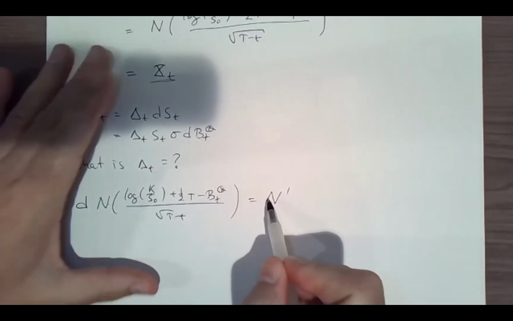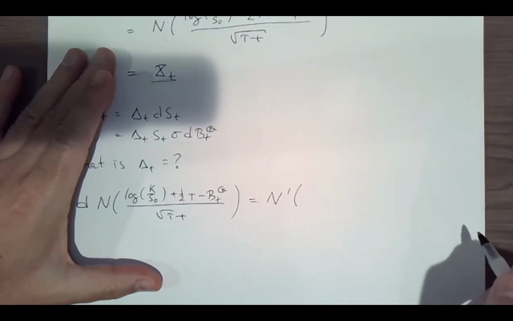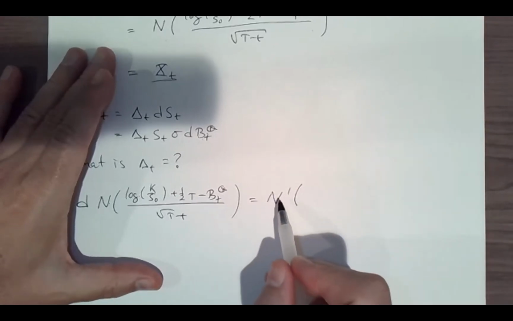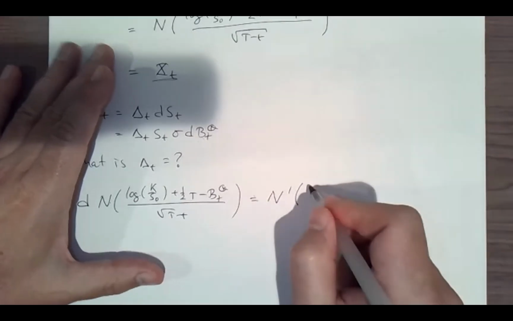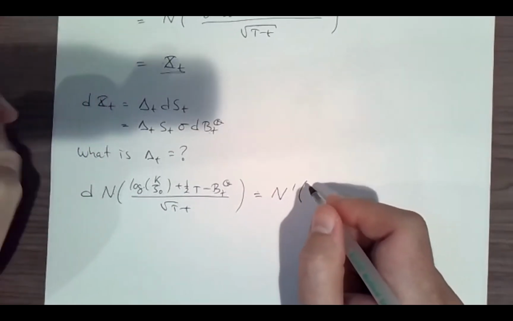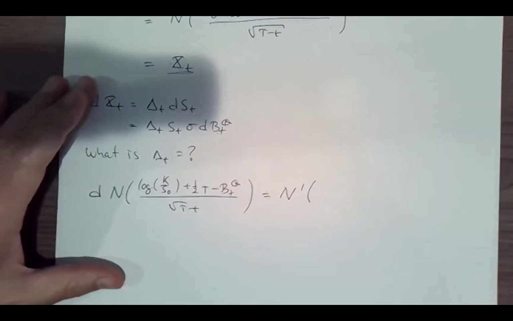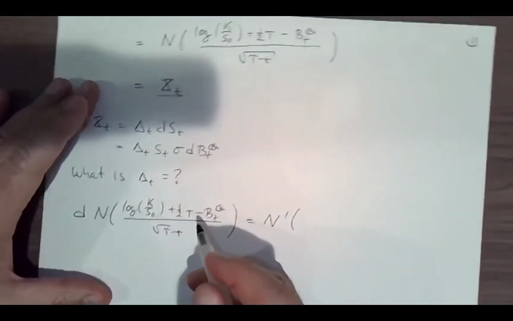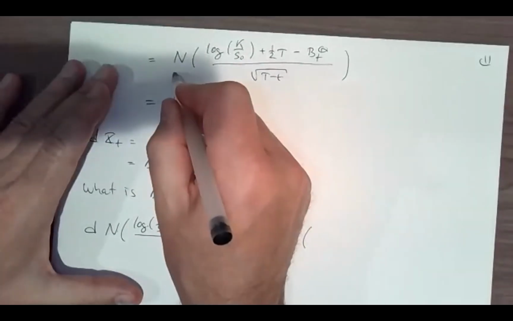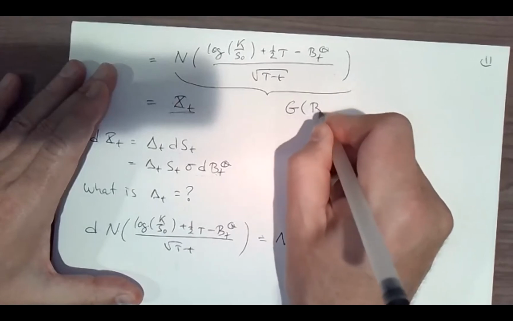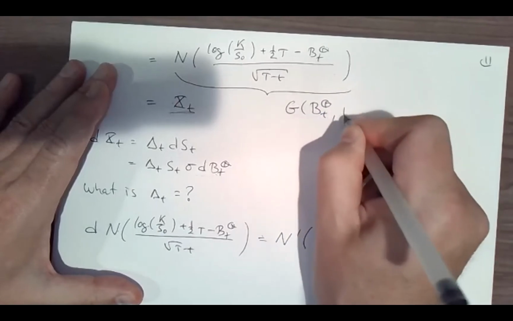So is n prime just the PDF? Yeah, this is the density, but evaluated at some point, right? Yeah. So again, maybe we should write this out because that thing about the function came out before. This xt, what you're seeing up here, is some gigantic function of btq and t,